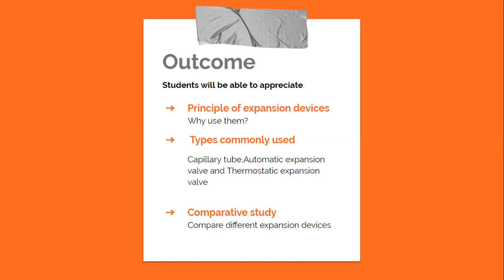However, in practice, you will find that sometimes the mass flow rates would change, and that is because the refrigerator or the air conditioner has to cater to varying loads. So how the expansion devices function, that we are going to see in this video, especially when the loads change, whether they are appropriate for varying loads or not. That would be an important topic of discussion. As I said, the important ones which we'll be discussing are the capillary tube, the automatic expansion valve, and the thermostatic expansion valve.